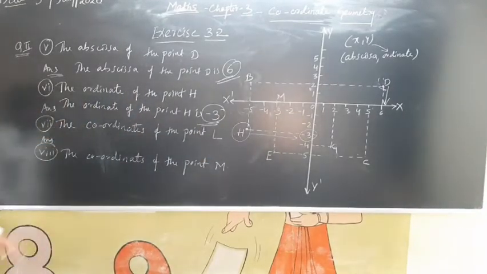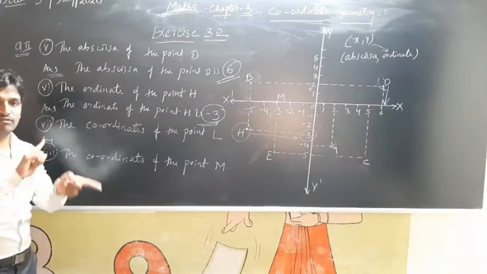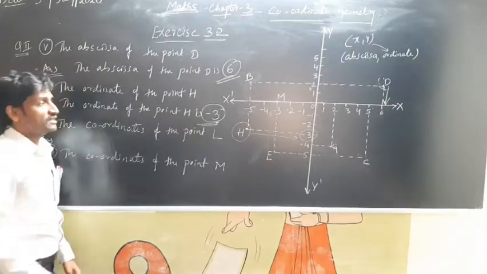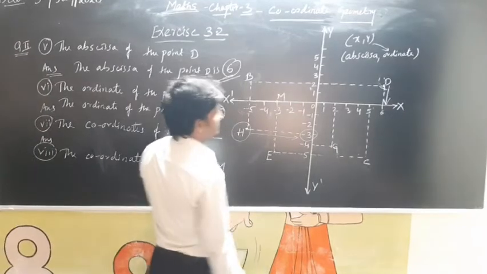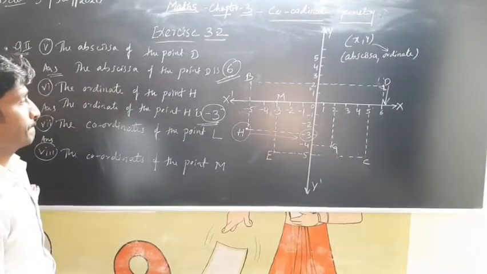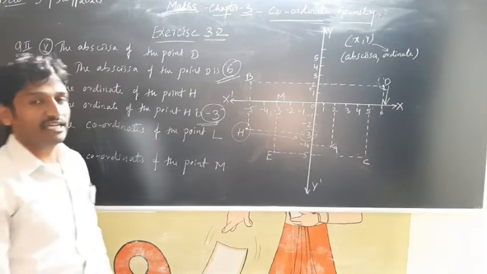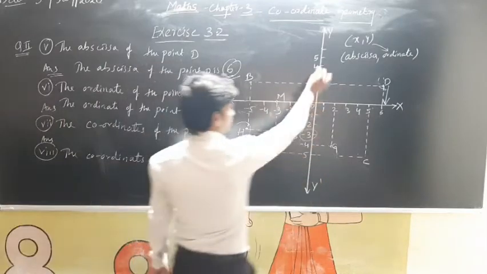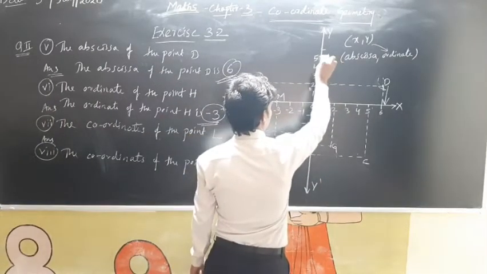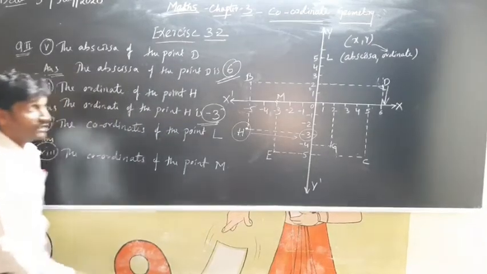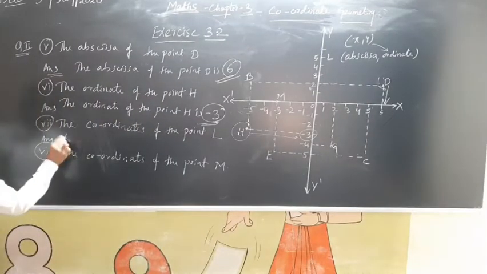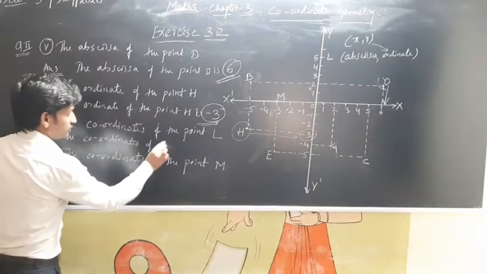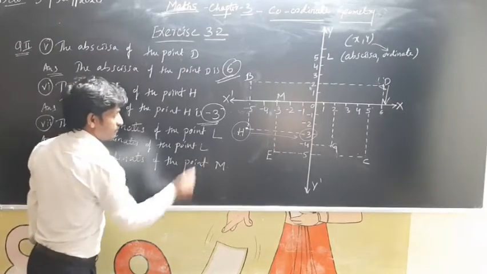Let's go for the seventh one. The coordinates. Coordinate means again we have to write both x and y value here. The coordinates of the point L. Where is the L in the diagram? Let's highlight first. Where is the L? Can you see? We have missed the L in the diagram, I think. So let me show you where is the diagram. Here is the alphabet L. Okay. So what is the answer for that one? Let us try to get it out. The coordinates of the point L. We have right answer.